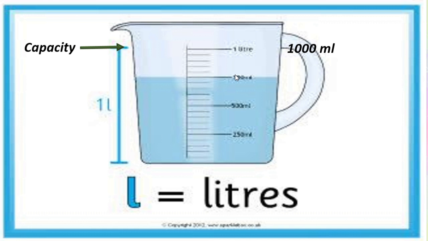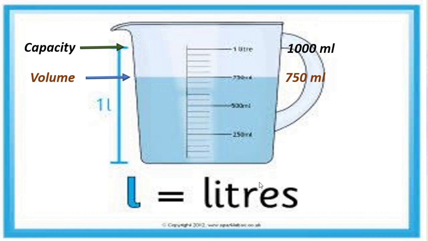Okay. And how much liquid you can see in this mug? See, this is volume. That is called as volume. What is the volume of this liquid? This is equal to 750 ml. Right? This is called volume. Whatever the amount of the liquid is, that is nothing but volume of that liquid. And capacity of this mug. Okay?